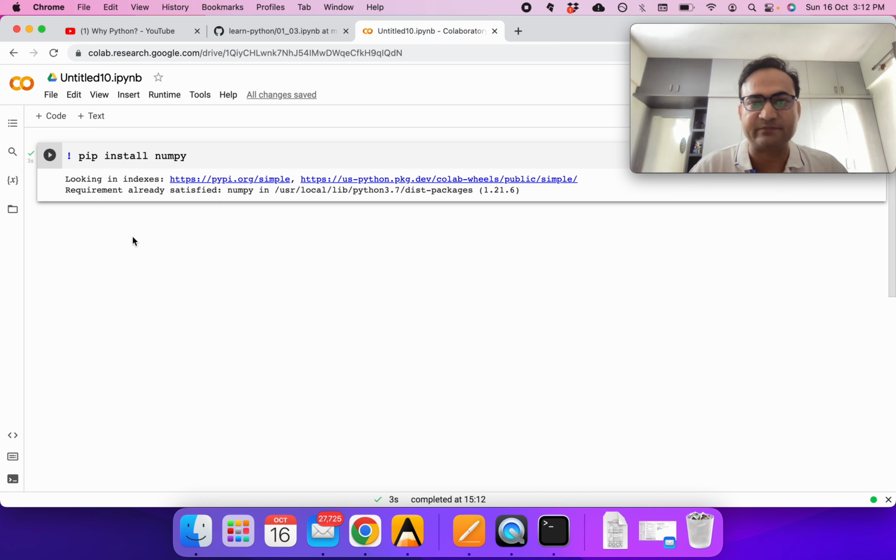It's also showing the same thing because I do programming quite often, so it's already installed. When you're installing it the first time, it will give you all the updates on how it's installing. So this is the way you can run a command which is typically run in a terminal, in a Linux terminal or some other terminal, from inside Python by using the exclamation mark.